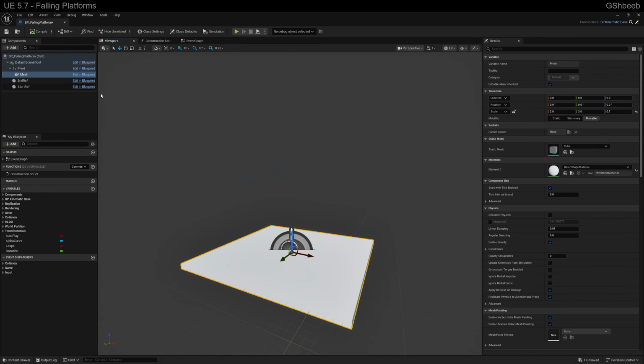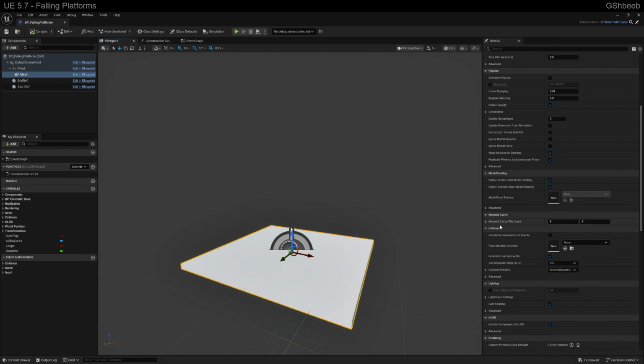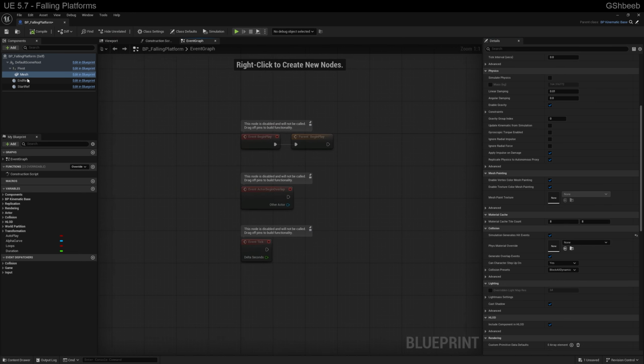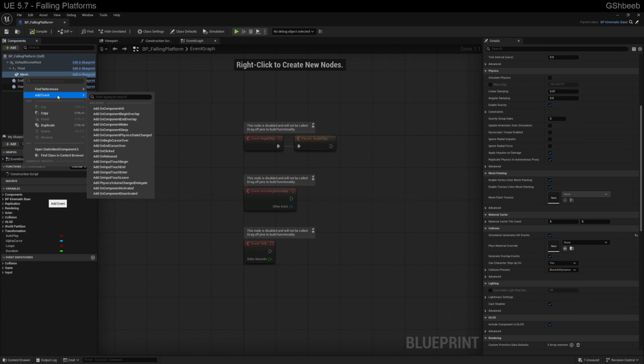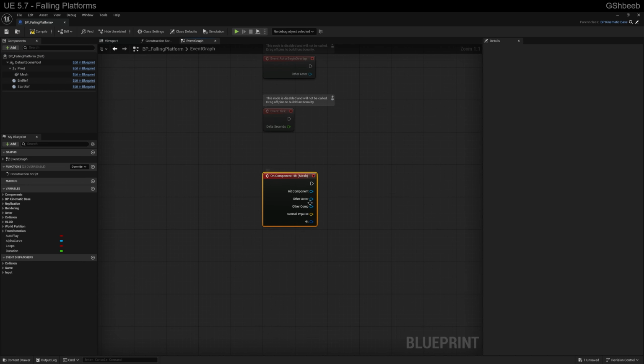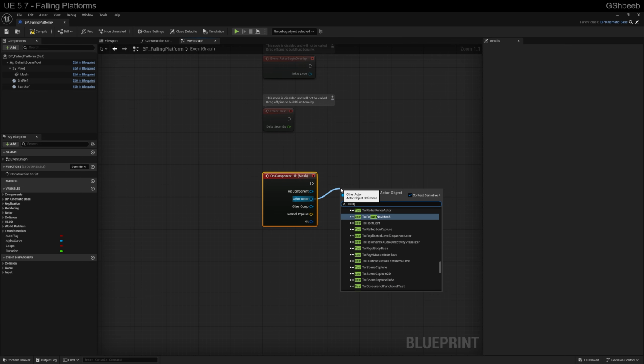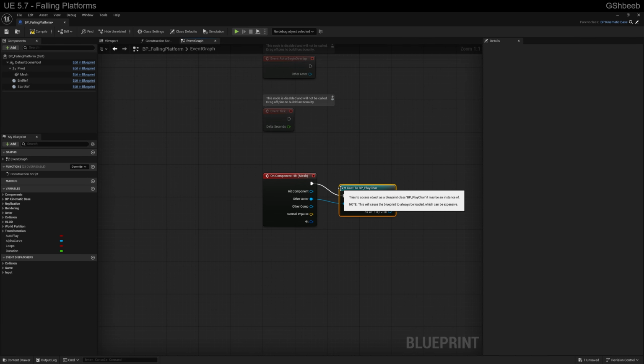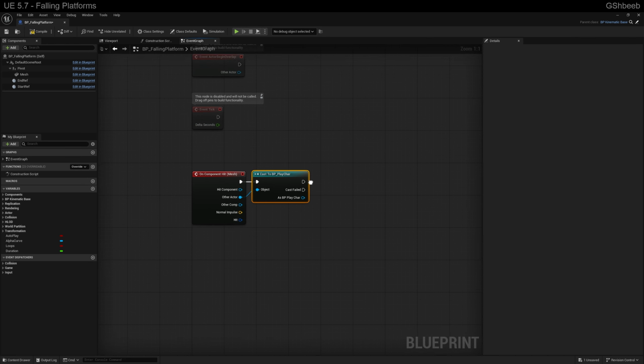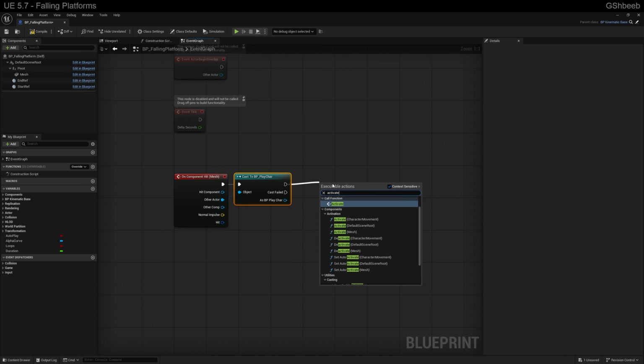So we're going to go over to the mesh in the details panel. Under collision, we're going to choose simulation generates hit events. This is going to allow the hit events to actually register so we can fire off the collision hit right here on component hit. We're going to choose the other actor, make sure it was the player. We're going to cast to the player, and then we're going to just call our activate to test our product